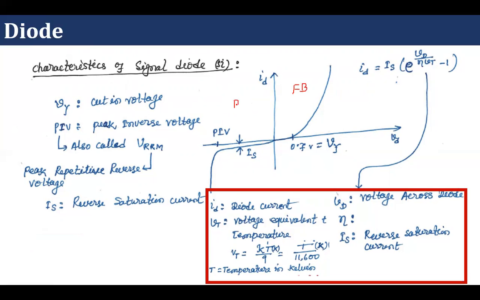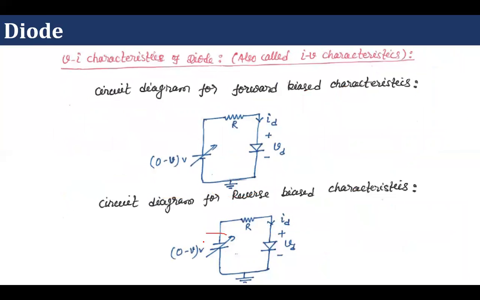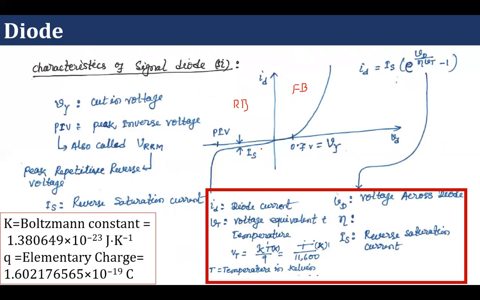In the reverse bias characteristic, since we have changed the polarity of the voltage, we'll get this voltage negative. Obviously, due to this applied potential, current has to pass in this way, so this current is also negative. So we are going to get points in the third quadrant, and the graph will be plotted over here.